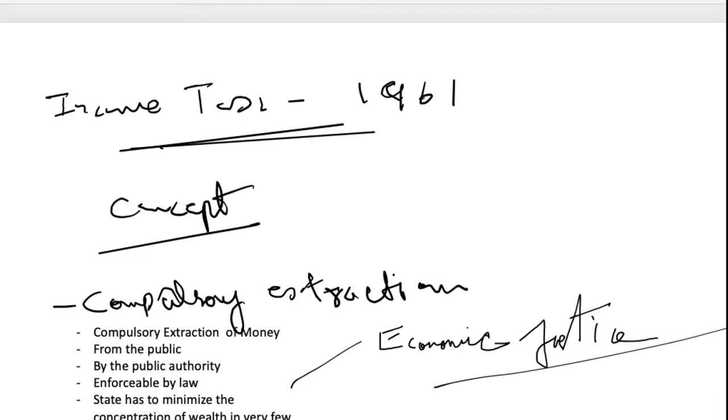One of the main tasks vested in the state is to make a welfare state by means of economic justice. When you read the preamble of the constitution,